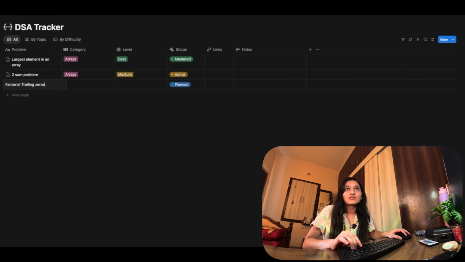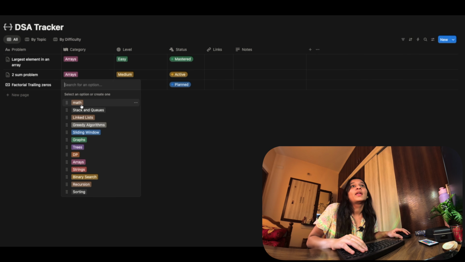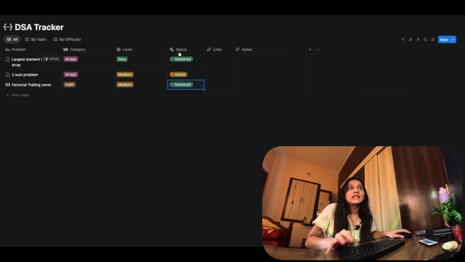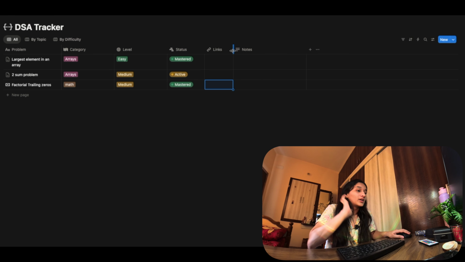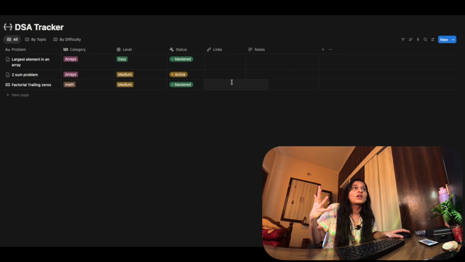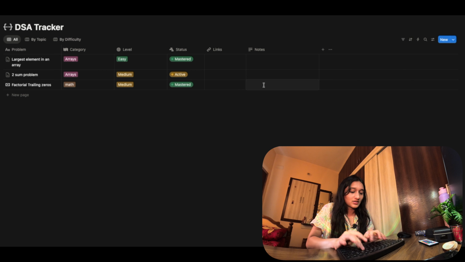I'll fill that, and then the category it falls under is math, and then you say it's a medium level, and yeah, it's mastered. And any link you find useful related to that, you read it somewhere, you found a similar problem somewhere, you can just link it out here whenever you want to read it. And for notes, I'm gonna write that I solved it on my own for the first